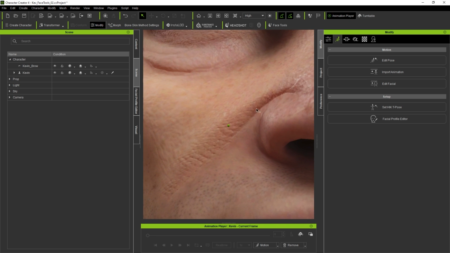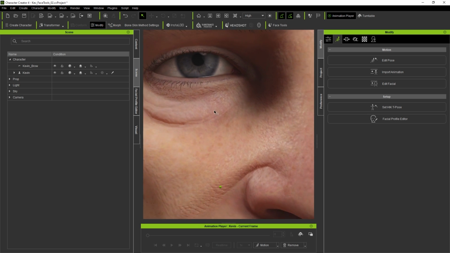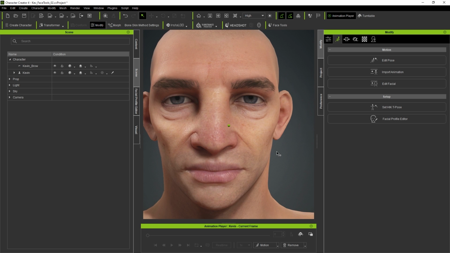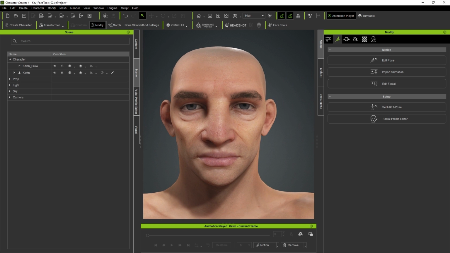The resolution is 2K. Again, if you want to set it to 4K, you can totally do so. But all the pores and all the details that we created are in there in the form of a normal map. So that is pretty cool. All right, so that is basically the workflow. As you can see, it's very simple. And as a quick recap, it's a very simple process.